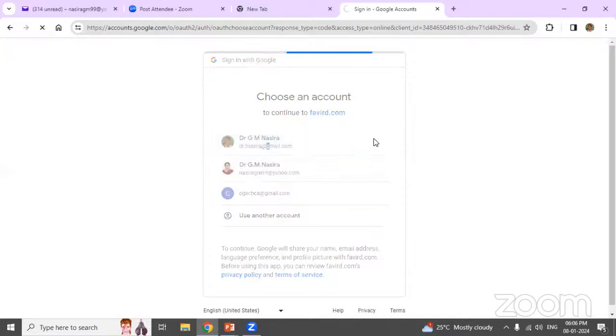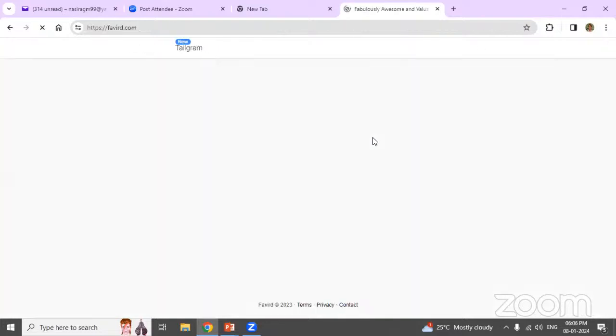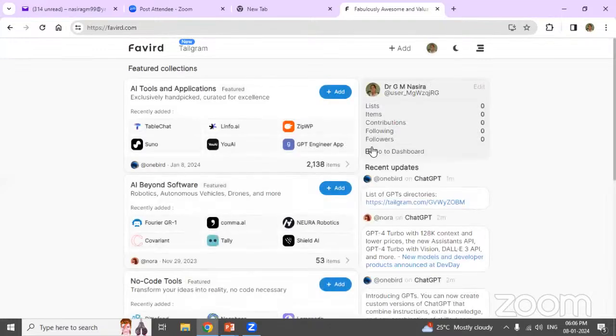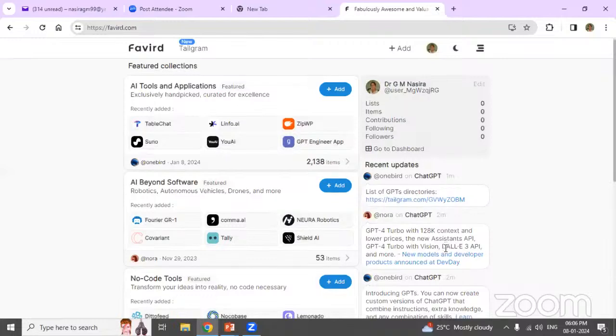So with the help of your Gmail account, you have to log in, and you can start using the tools, whichever you want.